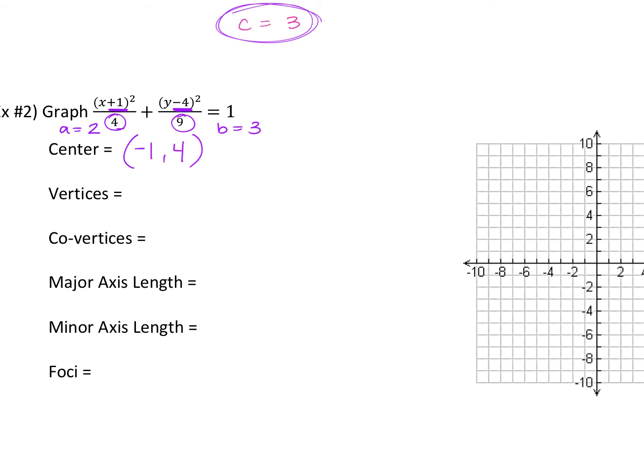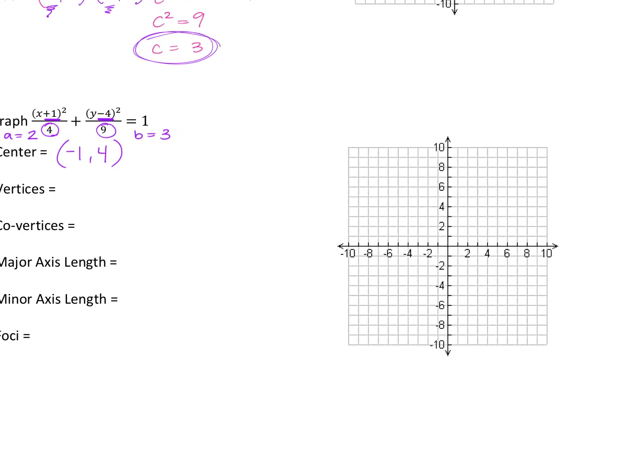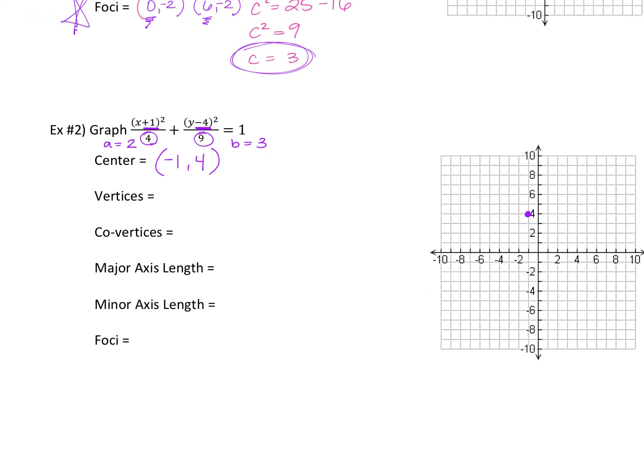Okay, so let's plot this. -1, 4 is right here. That's our center. Okay, your vertices then, if it's on the B, sorry, I shouldn't have said y-axis. It's not on the y-axis anymore, but it's on the vertical. So if your B value is 3, I'm moving up 3 and down 3 from where? From the center, okay? So you're going 1, 2, 3 up and 1, 2, 3 down, which is gonna put